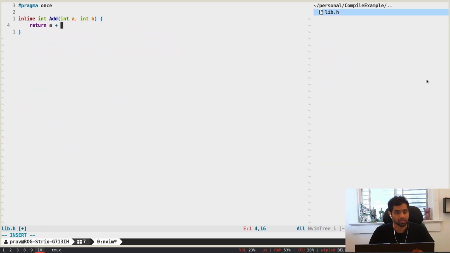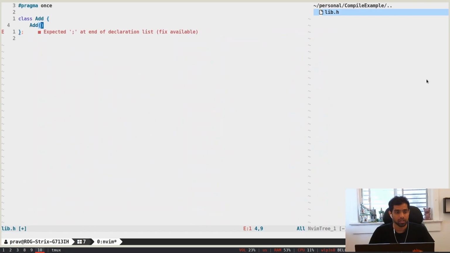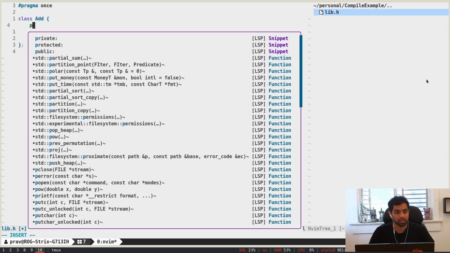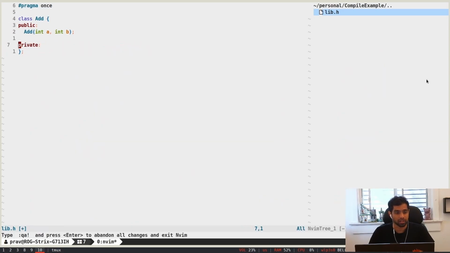And all it does is just returns a and b, right? That's it. Actually, you know what? Let's make it a little more interesting. Instead of the free function, let's make a class instead, and let's do add, and let's make the constructor. And the constructor is going to take in int a and int b, and let's make it public so people can actually use it. And then let's define our member variables, int member variable a and int member variable b,